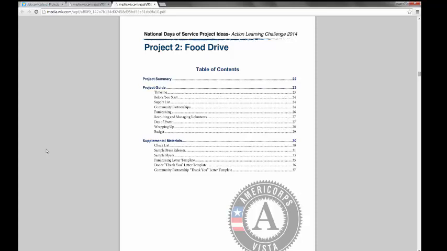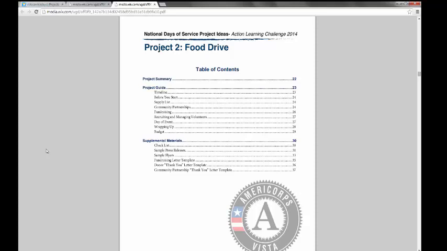You're welcome. Okay, so just so everyone's on the same page, we are on page 21 of the larger document. And even if you're just on the food drive document itself, it's still page 21. So the page numbers are exactly the same in the broken up documents as they are in the large document. So that will kind of help you out a little bit.